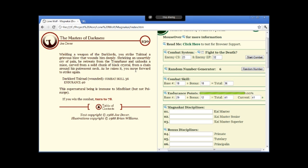All right, he's got a combat skill of 36 and an endurance of 40. I think we could just use the dagger. Well, okay, actually, it might be better to, because he's got a combat skill of 36 and an endurance of 40. So he has more endurance than us, and we would be at an even fight. Now, can we switch weapons halfway through the fight or no? Generally, no. My thought to that is,